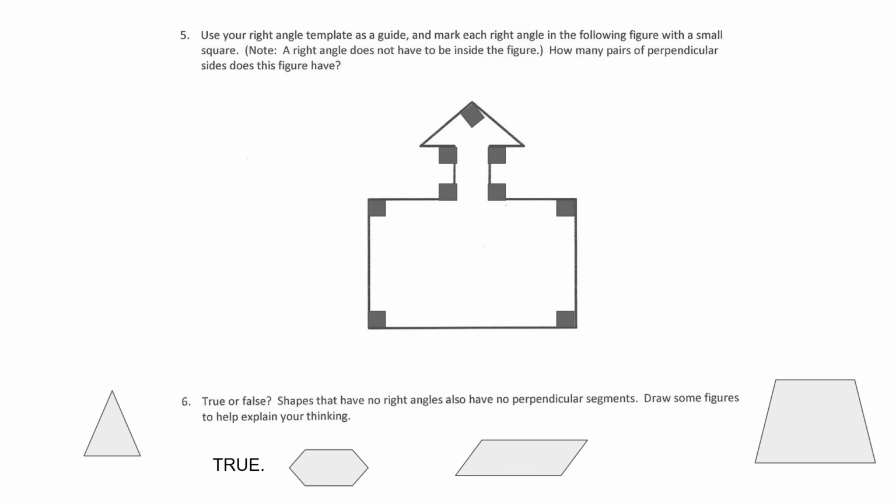And then true or false, shapes that do not have right angles also have no perpendicular segments. Well, obviously, the definition of perpendicular is that they create right angles. So obviously, shapes that don't have right angles cannot have perpendicular segments, because right angles and perpendicular segments are kind of synonyms. So I just drew an acute triangle, which is isosceles because 2 of the sides are the same length. 1, 2, 3, 4, 5, 6, another hexagon, a parallelogram,